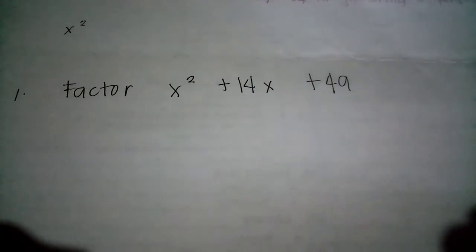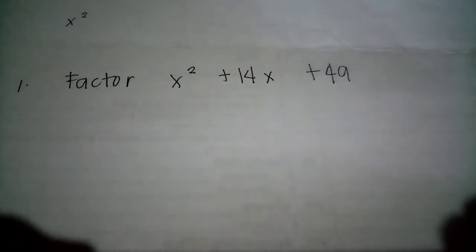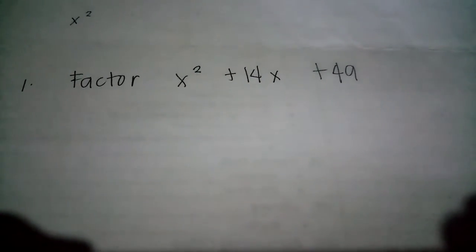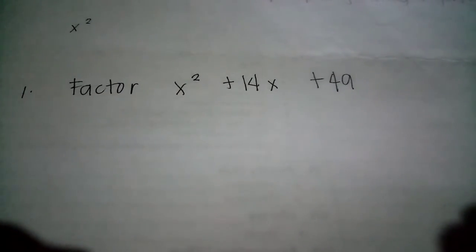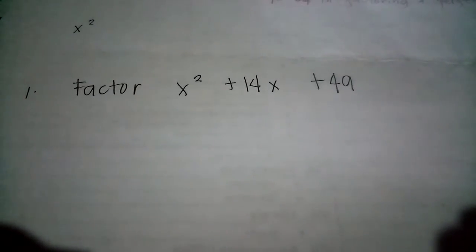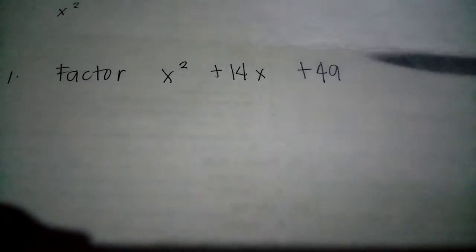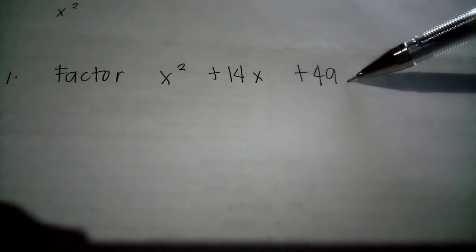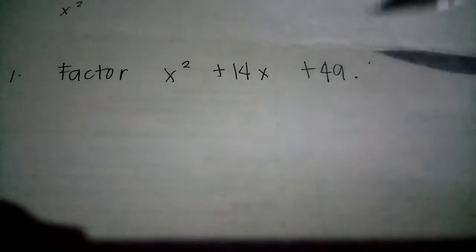The given example is factor x² + 14x + 49. We will apply the 3 steps in factoring the perfect square trinomials. The first step is to get the square roots of the first and last terms. So, the first term is x², then the last term is 49. We will get the square root of the first term and the last term. The square root of x²,